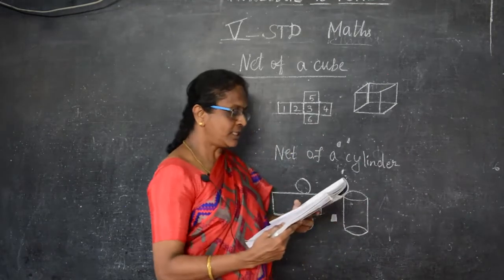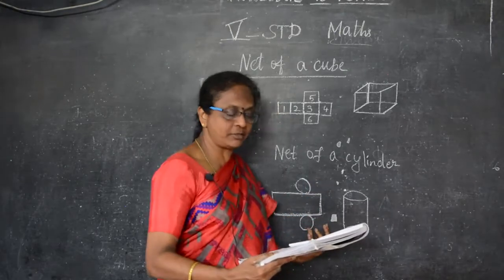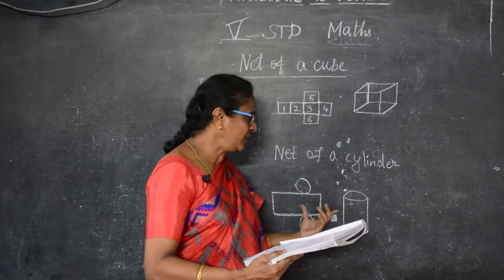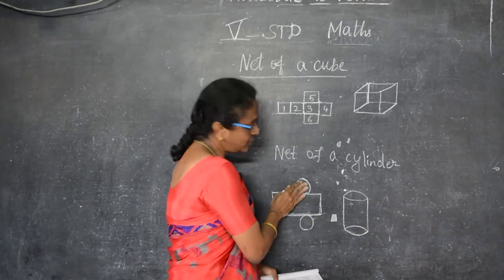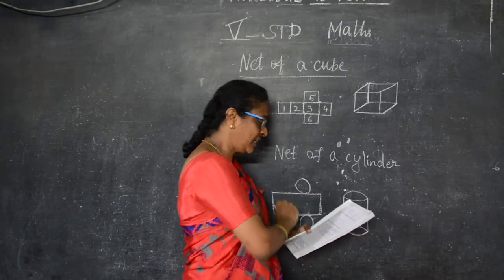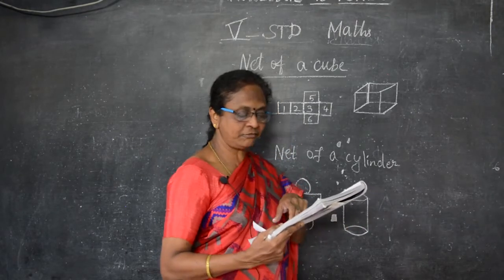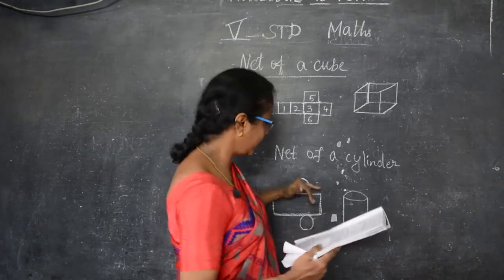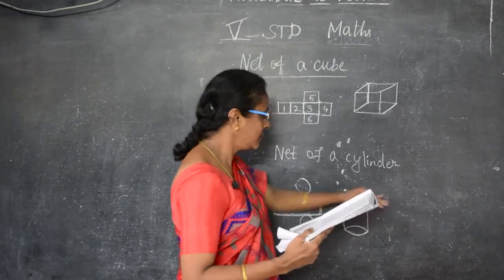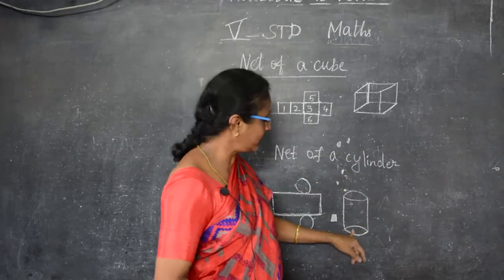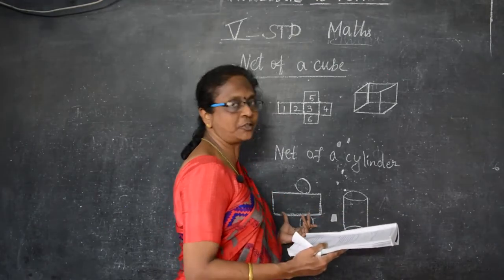So consider this rectangle and two equal circles. These are the two equal circles. So they form the cylinder. If you join these two edges, fold these edges, if a rectangle breadthwise in such a way, the length of the rectangle forms the boundary of one circle at the top and the other circle at the bottom. So if we join these two parts, one circle is at the top and one circle is at the bottom. This is the cylinder, and this is the net of a cylinder.